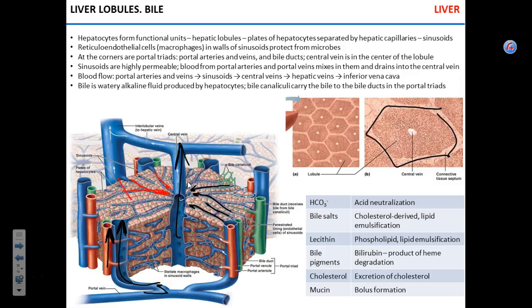You can see hepatocytes here, these light brown cells, forming plates. Does that make sense? The function of hepatocytes is to absorb nutrients that come to the liver from the intestine and metabolize them. Say, convert glucose into fats, convert fructose and galactose into glucose. They will release nutrients that are necessary. For instance,